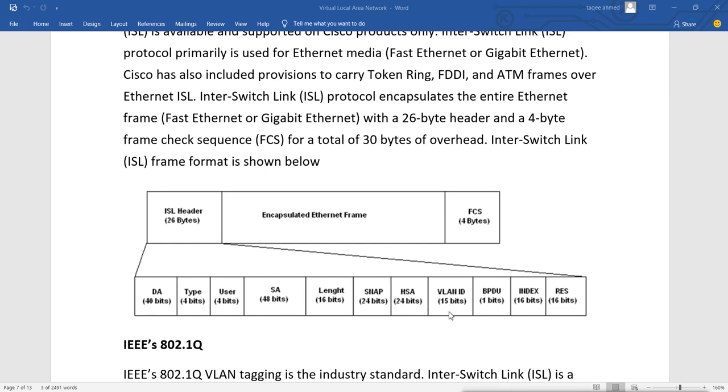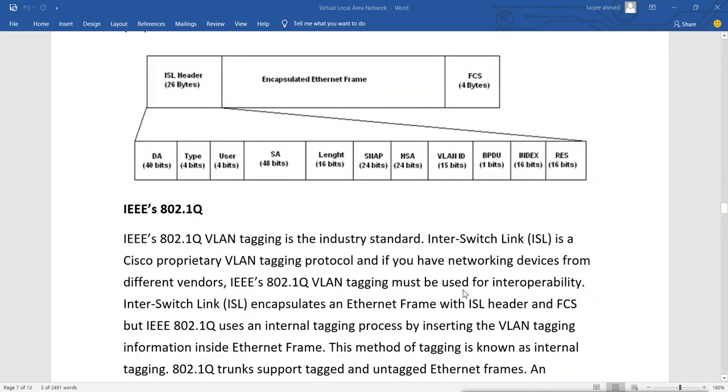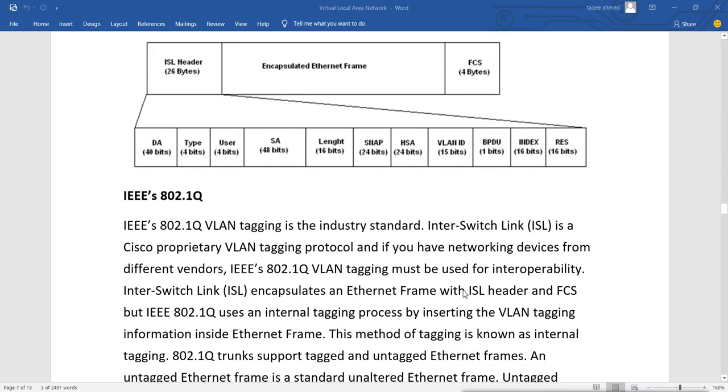You have only the VLAN ID of 15 bits. So it is actually unnecessarily increasing the length of the packet. That is why now everyone is using the IEEE standard 802.1Q protocol, including Cisco itself.